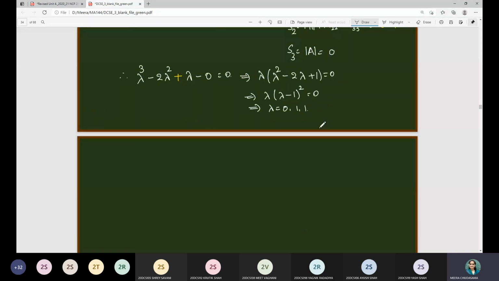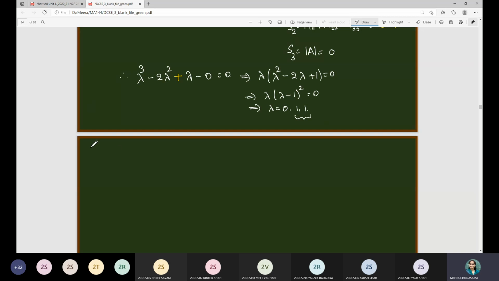So now we have the case where eigenvalues are repeated in nature. Up to now we have seen the examples which correspond to distinct eigenvalues, but now we have the case where eigenvalues are repeated in nature. That means when we find the eigenvectors, we need to consider only two cases, though the given matrix is of order 3 cross 3. So one corresponds to lambda is equal to 0 and one corresponds to lambda is equal to 1. But in that case, we'll have only two eigenvectors of a 3 cross 3 square matrix. So what about the third eigenvector? It is 3 cross 3, so we should get three eigenvectors, right?